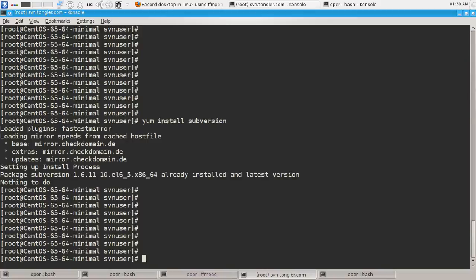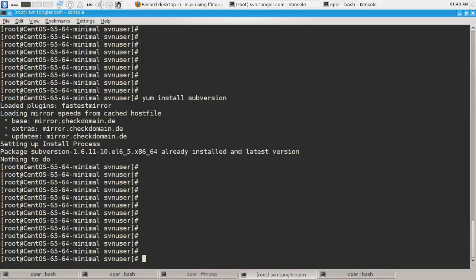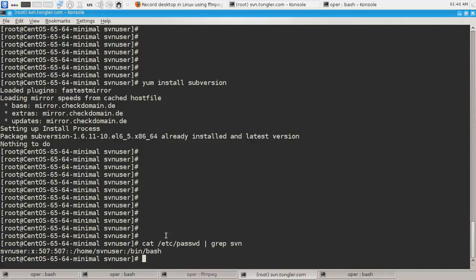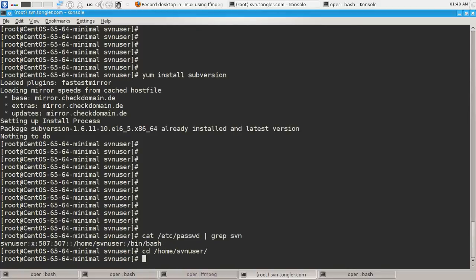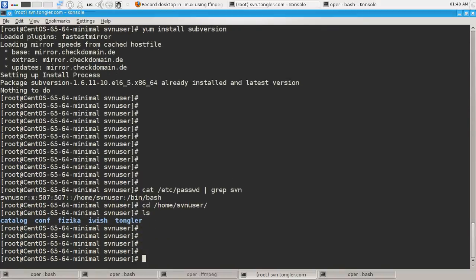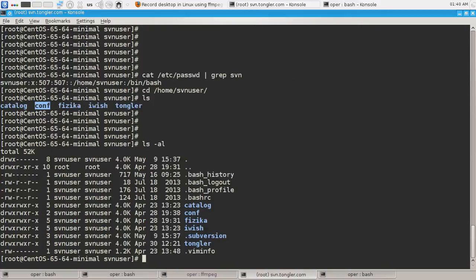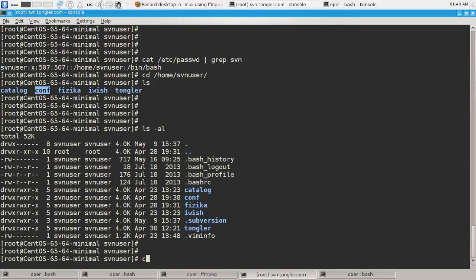After installing Subversion, I encourage you to have a user for configuring and creating repositories. For example, I have a user called svnuser, and I have a home directory for my svnuser, and here you can see my directories. Actually, catalog, this one, and this one are repositories, and we'll talk about the conf directory a little bit later. Okay, let's go to one of my repositories